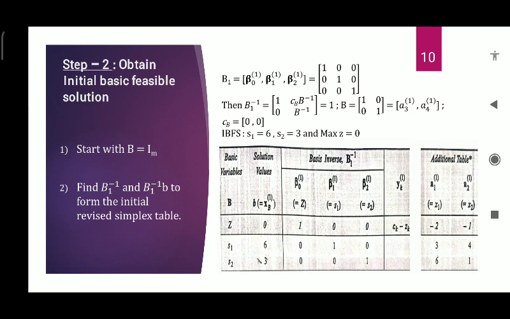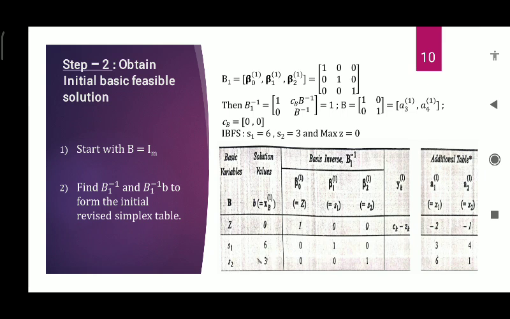Here let us take B1 equal to beta 0 upon 1, beta 1 upon 1, beta 2 upon 1. This represents the columns corresponding to z and the slack variables s1 and s2. Now we shall obtain the initial basic solution. For that we start with B equal to I_m, where I is the identity matrix of order m. Here there are two constraints, so I_m is the identity matrix of order 2. So let B be equal to [1 0; 0 1],